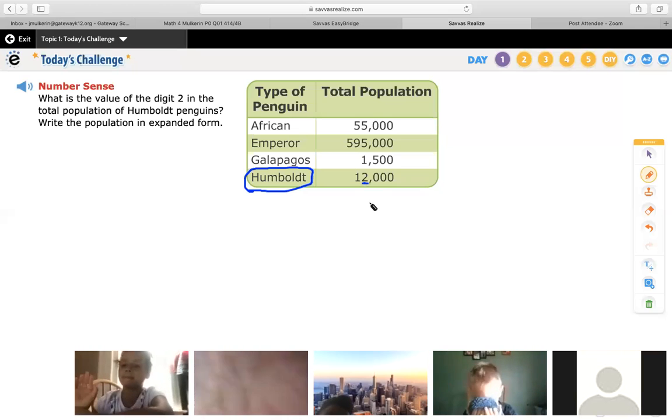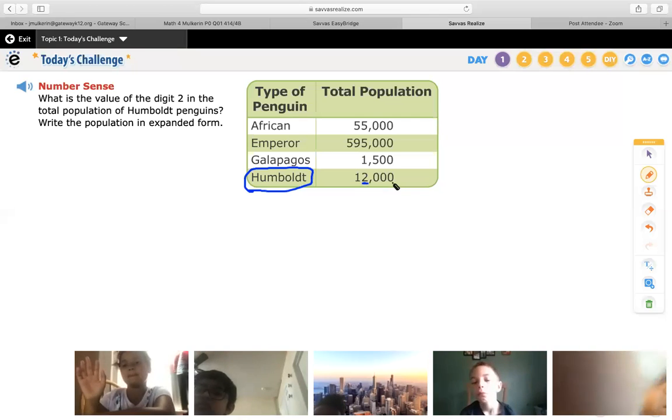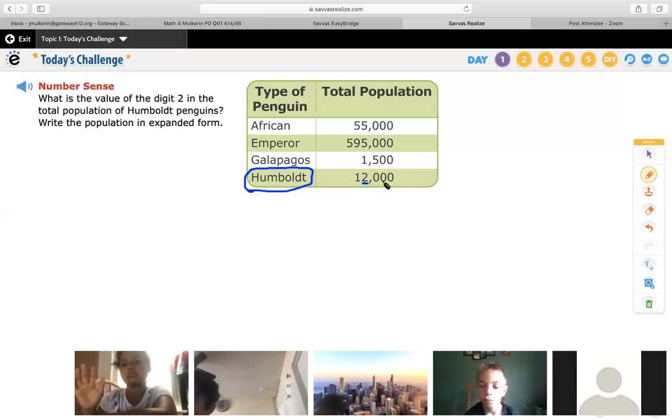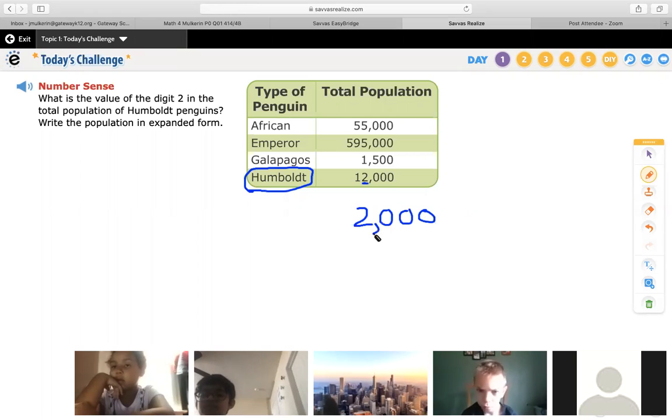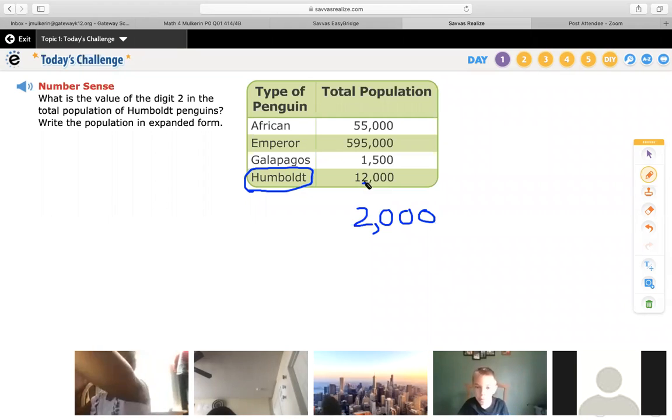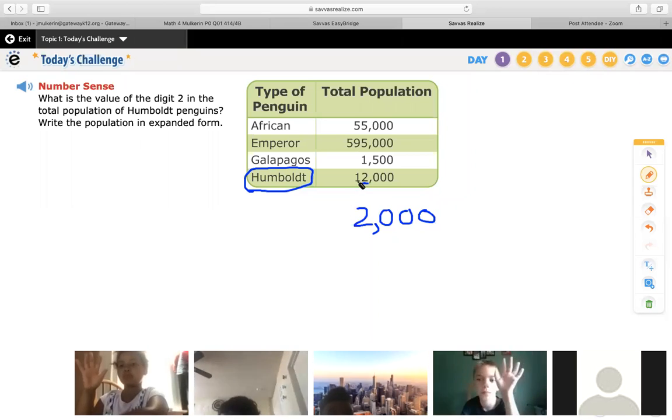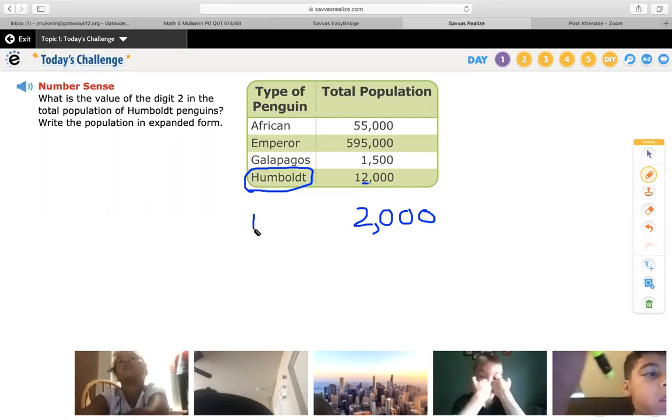Ones. 2,000. So I'm going to write the number 2,000. I'm going to go back and put my comma, because it's 1, 2, 3, comma. What's the value of 1, Davion? Well, the 2 is in the thousands place. So if this is the 1,000s place, this is the next one up. 10,000. So I'm going to write the number 10,000,